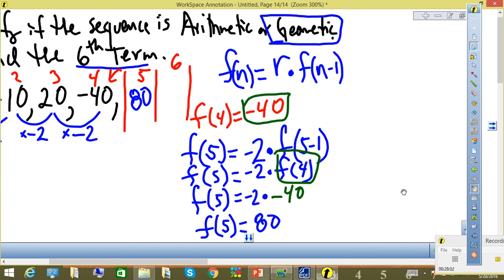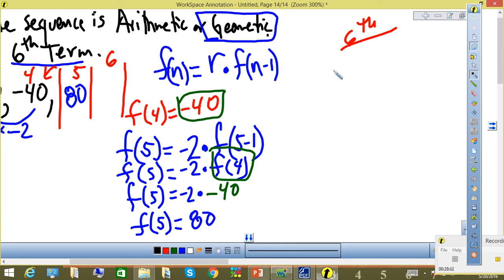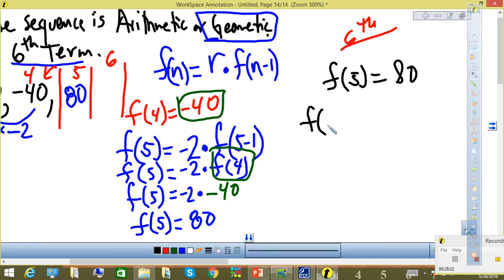Okay, let's see. We need to find the 6th term. Tell me what to write, please. Fernando, what is the first thing I write? No. We already have the formula. What is it? F, no. F of 5 equals 80, okay? F of 6, negative 2 times